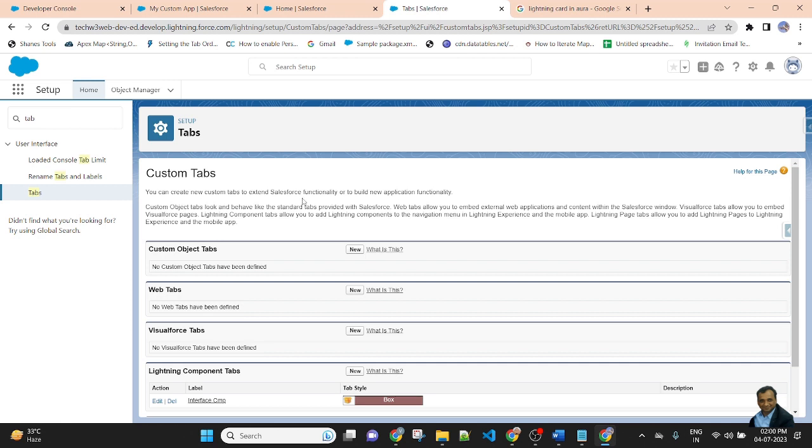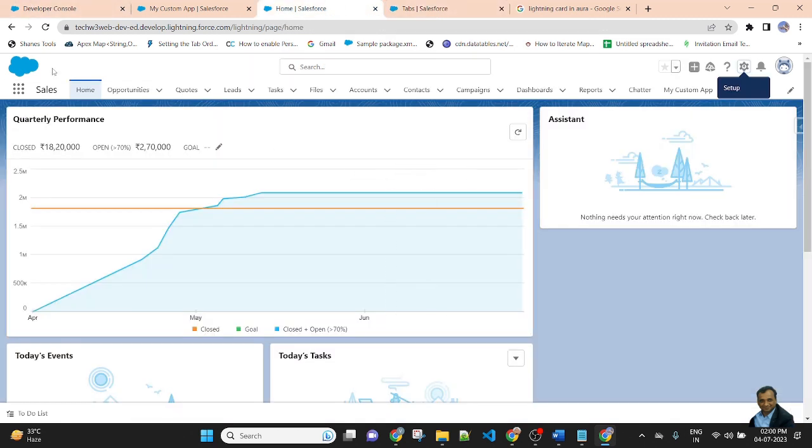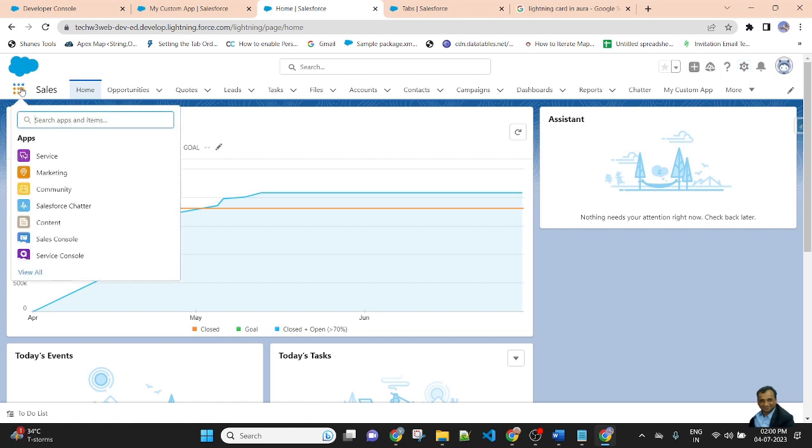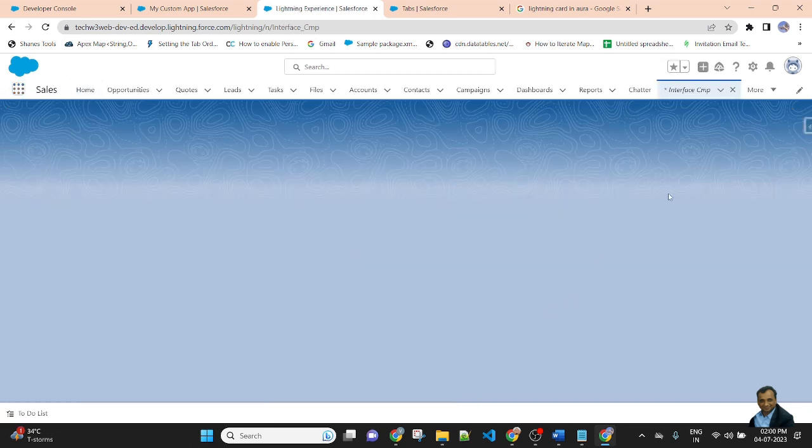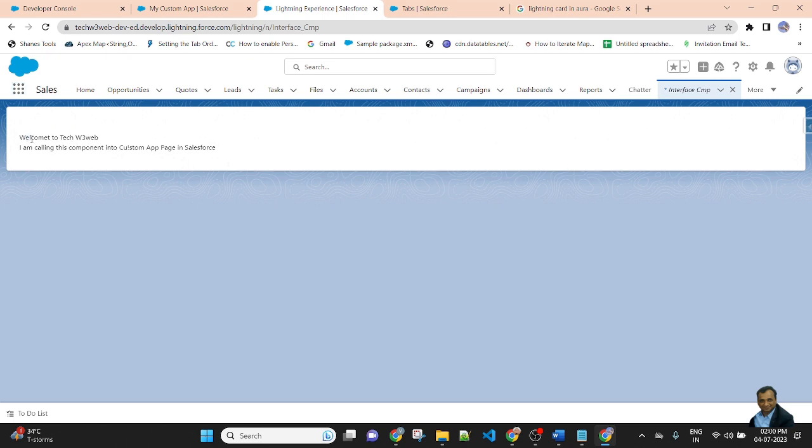Here I created a custom component tab. Here you can search for your tab name, interface component. This is the interface component tab. Here you can see my component is visible in the custom tab.